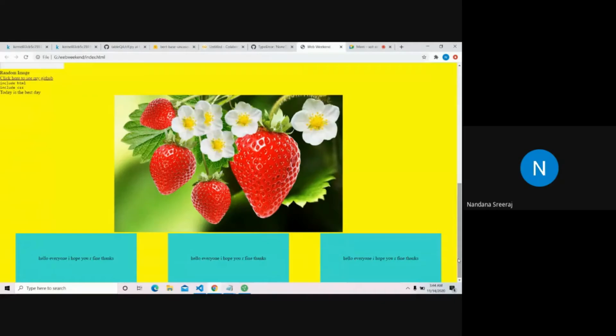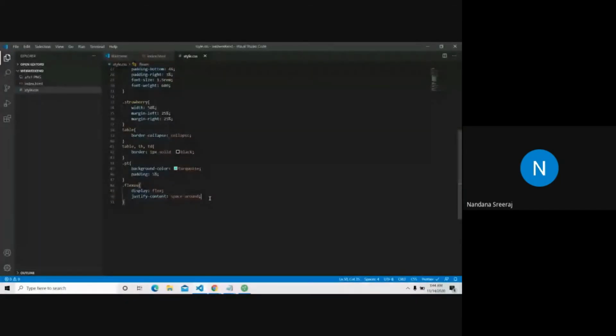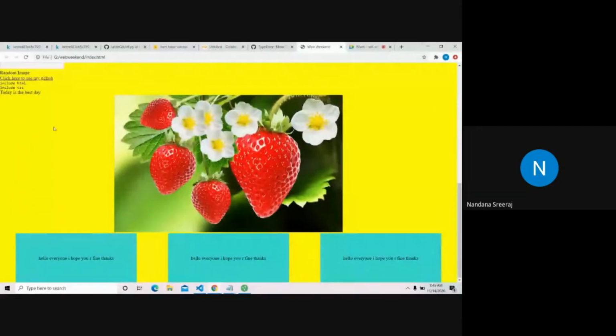You can use whatever suits your thing. You don't need to know the actual margin, how much it's actually distributed. So you will just experiment and select what actually suits your HTML website the best. I'm going to use space evenly. I'll show you what the difference between this and space evenly is. This is space evenly. Space evenly actually divides the space evenly among them, and I use space evenly the most because I like that the most.